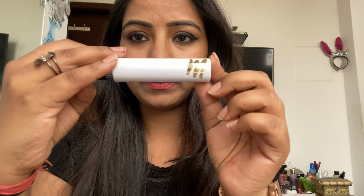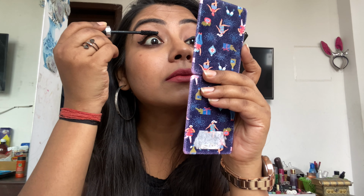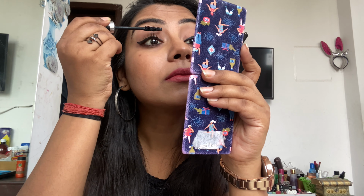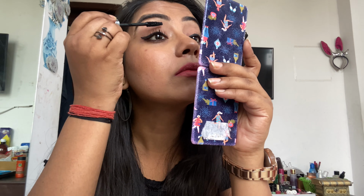I'll be using this My Glam Twisted Volumizing and Curling Mascara. This is a really nice mascara, by the way. It is expensive, but it works. With my lip liner, this is, excuse me,